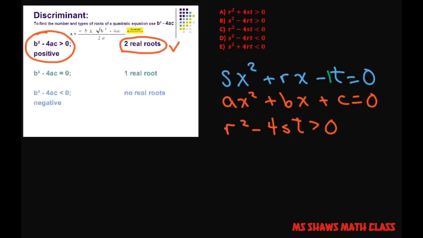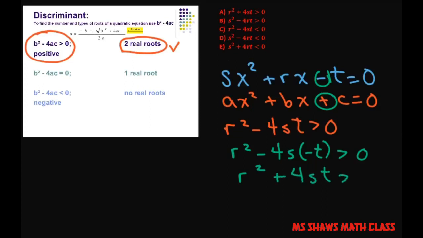You're going to have r squared minus 4 times s times negative t, because these are opposite, has to be greater than 0. So when you multiply the two negatives, that means it's going to be r squared plus